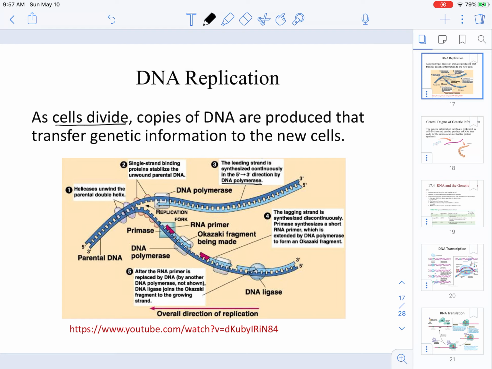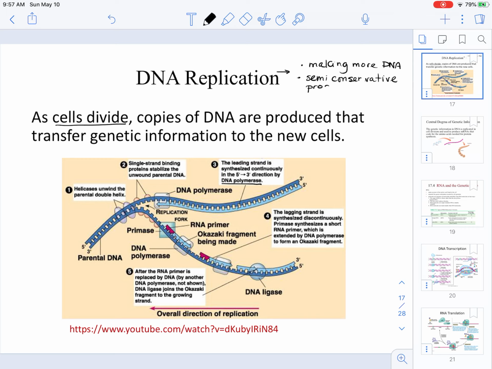Now, understand that DNA is going to be copied to then produce this genetic material that is going to be utilized for new cells in order for them to make other biomolecules. So again, the process of DNA replication, number one, we're making more DNA. This process is known to be a semi-conservative